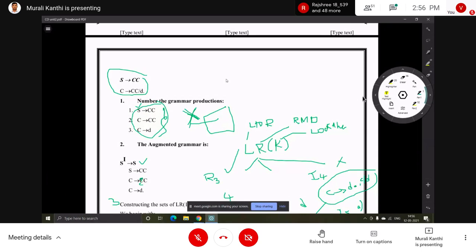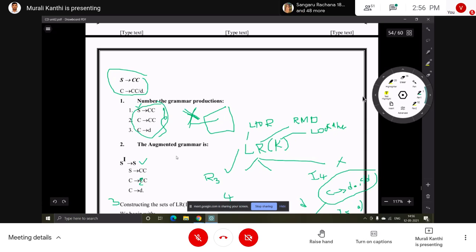That is one disadvantage here: we get more states. The grammar is simple, with 3 productions, and we got 10 states. If the grammar is complex, with more productions, we will get even more states. That is a problem, but anyhow this is a more powerful bottom-up parsing technique compared to SLR.